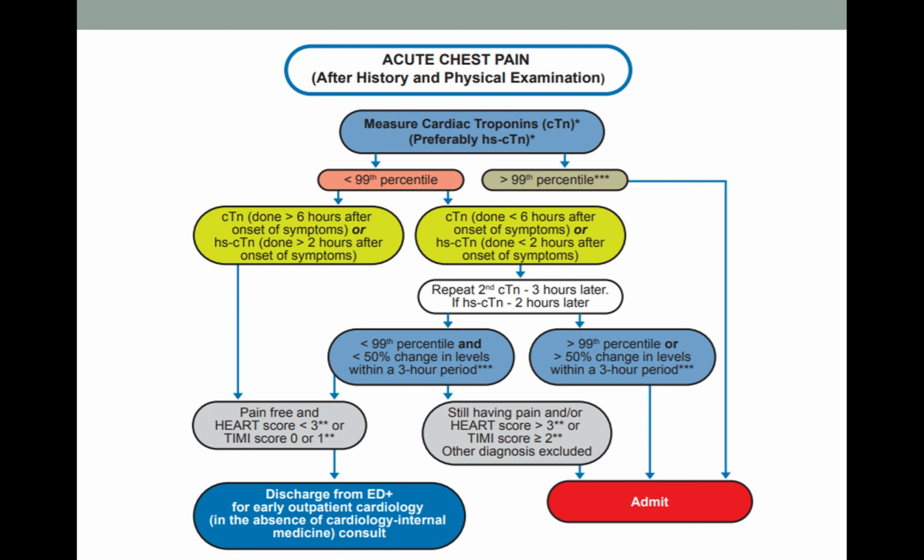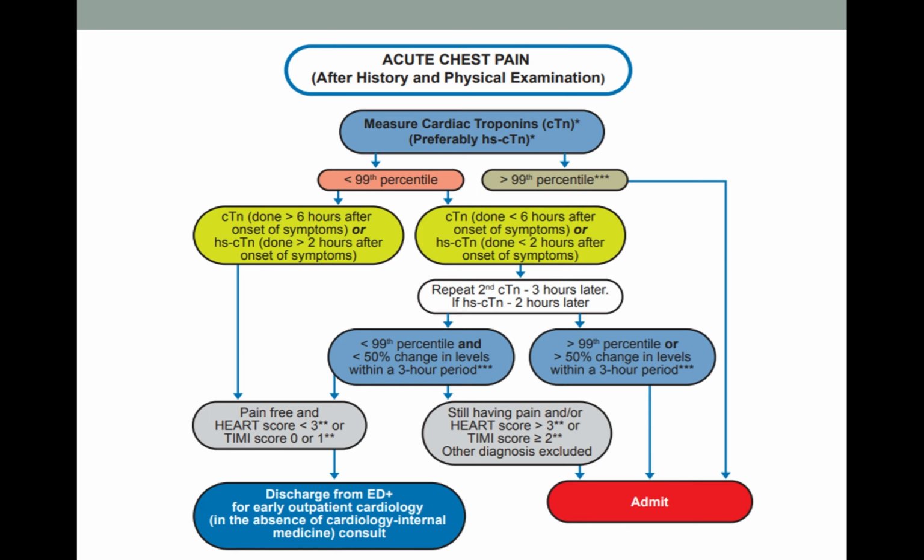The details of the heart score you have to read up, because it's another lecture on its own. But the heart score basically assigns points to certain values. Then if the points are high enough, the patient is at high risk of developing MI. If the points are low, the patient is at low risk of developing MI. But you have to remember, with all these scores, the sensitivity or specificity is about 98%, you still gonna miss 2%. So it's not perfect. But this is the system that we have, because a lot of patients who come with chest pain are very non-specific. History is usually not classical, and the only objective thing that you can use is cardiac troponin, the cardiac enzyme.